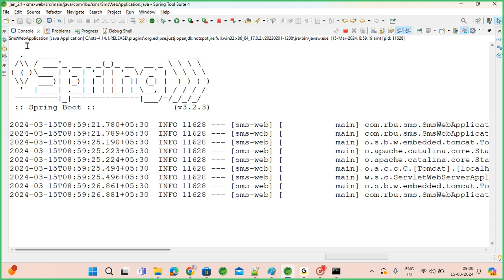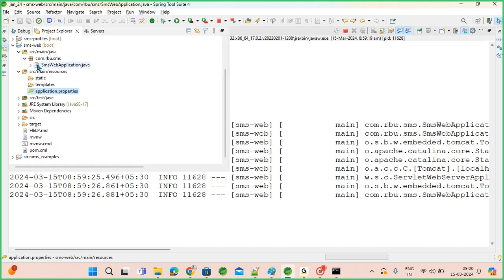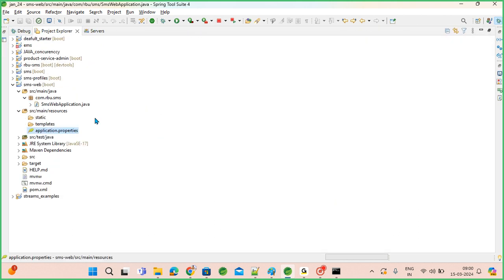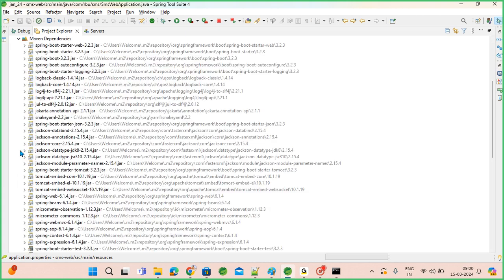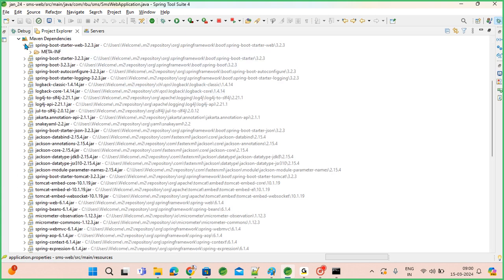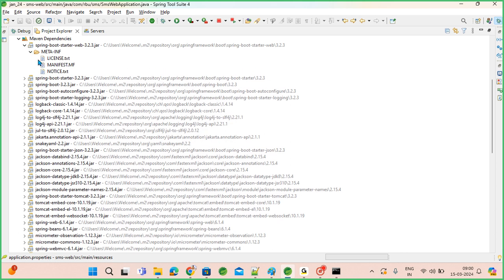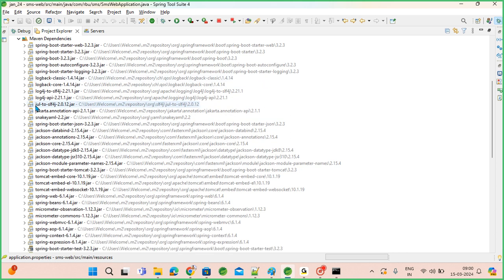So easily you can implement a web application or REST based application. Not much infrastructure required. Just create a web project with the Spring Boot Starter web dependency. That's it. By default, your dispatcher servlet configuration also will be provided here. Maybe if you explore these jar files, you can see all the default configurations. Spring Boot Starter web, you have web dependency here, right? Spring MVC,